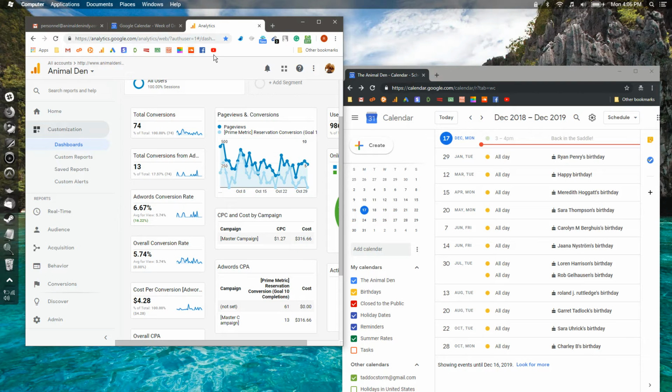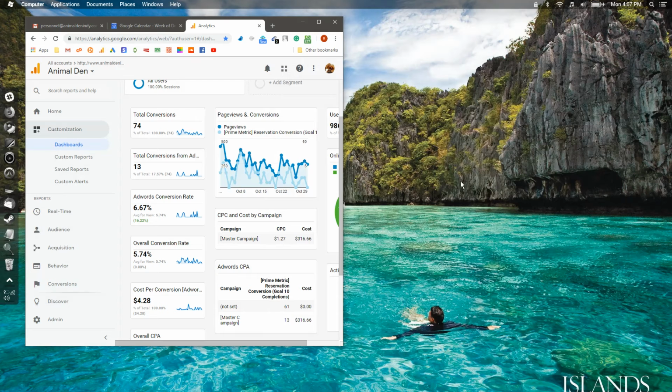Okay, so you would get your little bookmark like I got going on right here. No need to really worry about AdWords. The only time we really get into AdWords is to actually make changes to the campaigns. Most of all the data that I'm crawling through each day and looking through all the different backdoors and different things like that is all done through analytics. And you don't need to go through all the backdoors and all that stuff. You got your dashboard right here. Okay, moving on. Let me put this guy down.